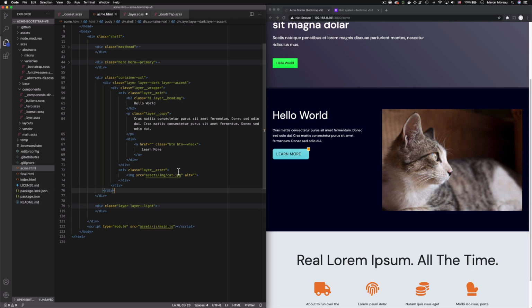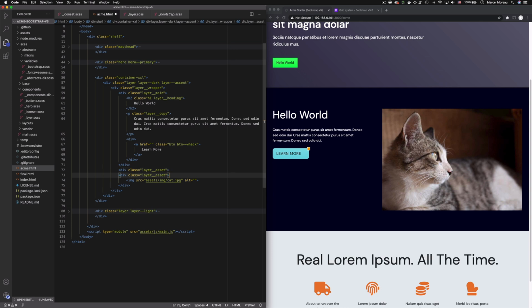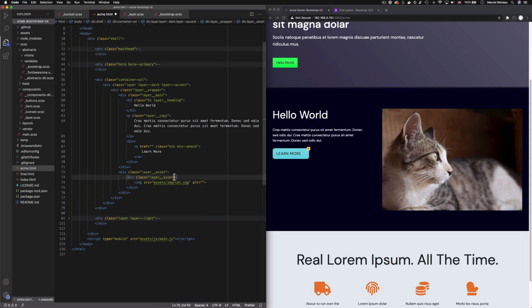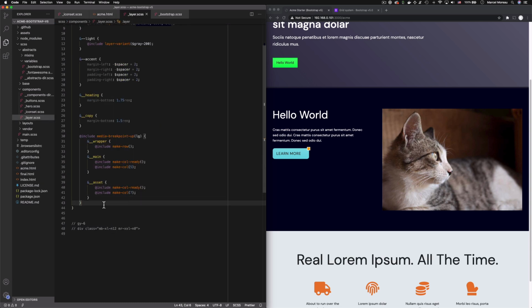I am a big fan of nesting. And I just tried it without nesting, and it does turn out we do need it. I should have trusted my instincts, but we need an element around this. So we can give it a terrible, terrible name of, how about asset offset? And we can create some rules in here. So we need this to occur at XL and XXL, right? So let's at least get that far. XL, XXL,